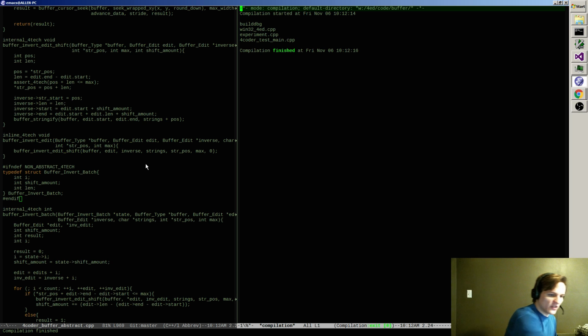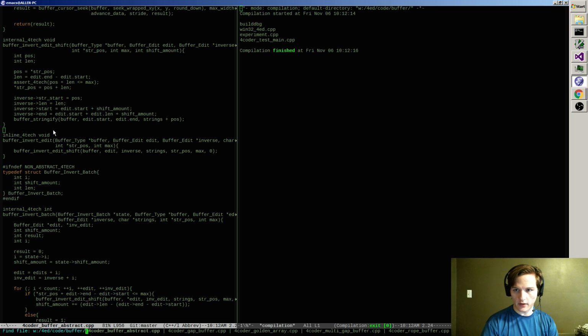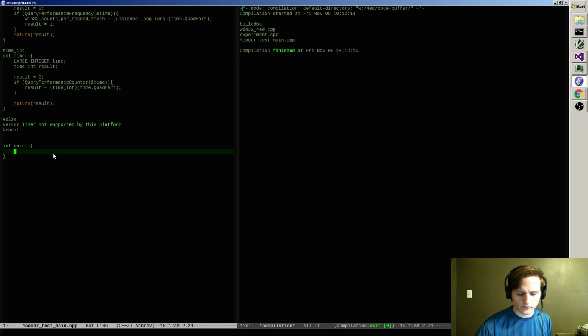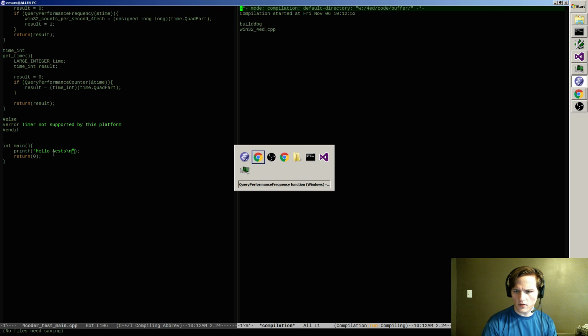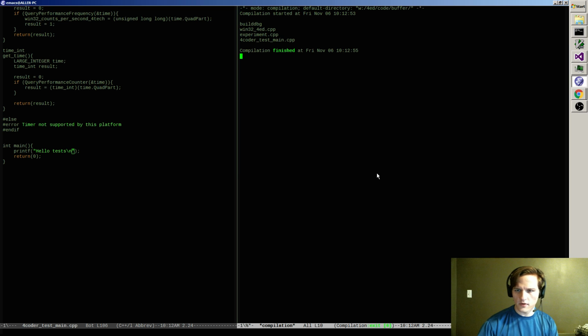I still think that was easier than dealing with templates to get my sort of generic layer working, or at least building, I should say. And now I've got a timer. Let's see if we have a working program on our hands yet. I'll start with just making sure that everything is sanitary and running. Oh, I don't have a run script for this yet. Let me add that in.